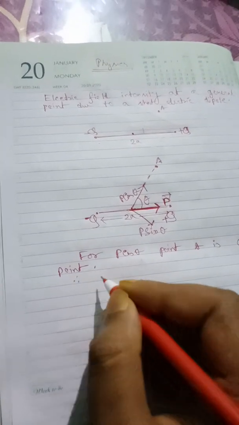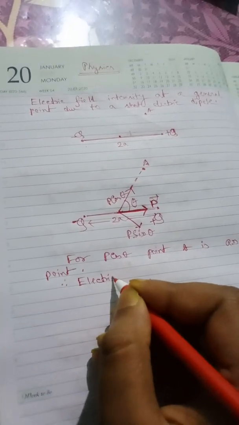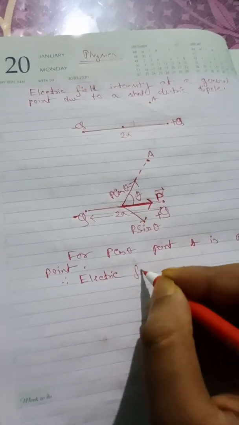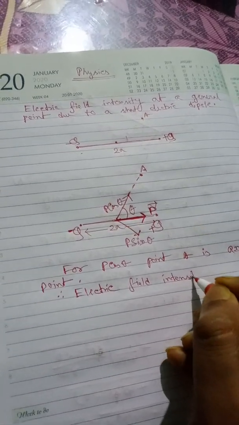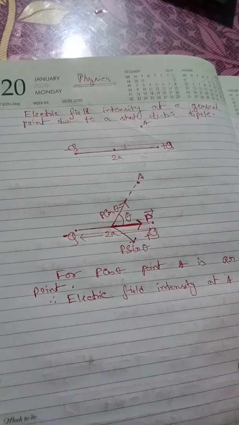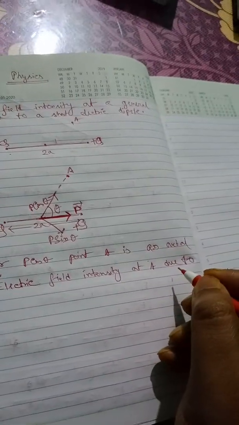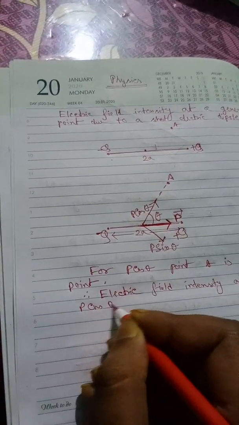Therefore, the electric field intensity at A due to P cos theta